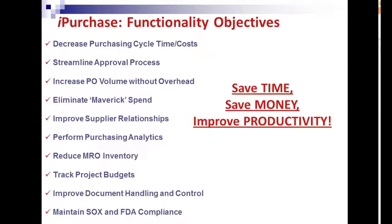Streamlining the approval process, increasing purchase order volume without having to add buyers and purchasing overhead, eliminating what's called maverick spend, which is basically just allowing anybody to buy anything. So it tightens up control on an organization's spend. Improving supplier relationships, and that's done a number of ways through e-commerce shopping, which we'll demonstrate today, as well